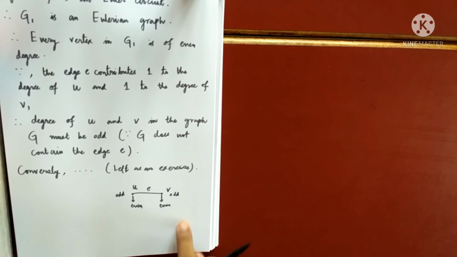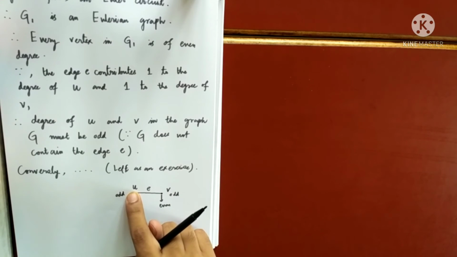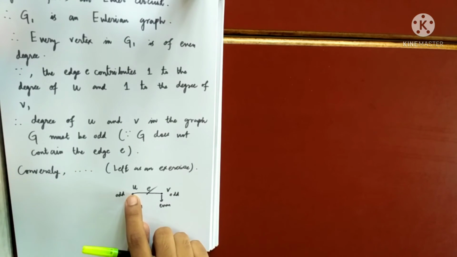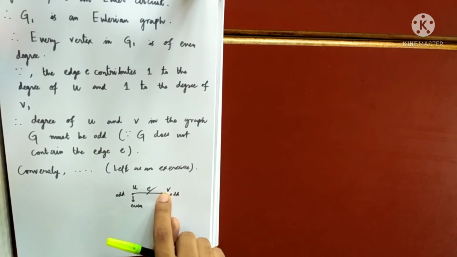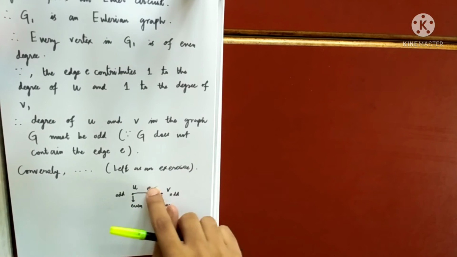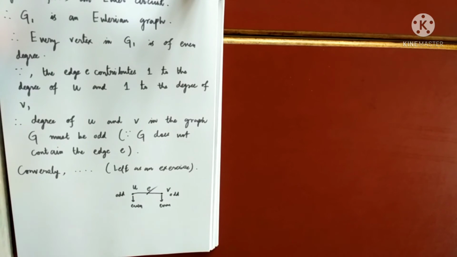So construct the Euler circuit. Suppose there is an Euler circuit from U to U. Now you remove this edge. So you are getting an Euler trail that starts at U and ends at V. Because you are removing this edge, you are not able to go from U to U, you are going from U to V, and that is an Euler trail. And hence, your graph contains an Euler trail. Did you get my point?